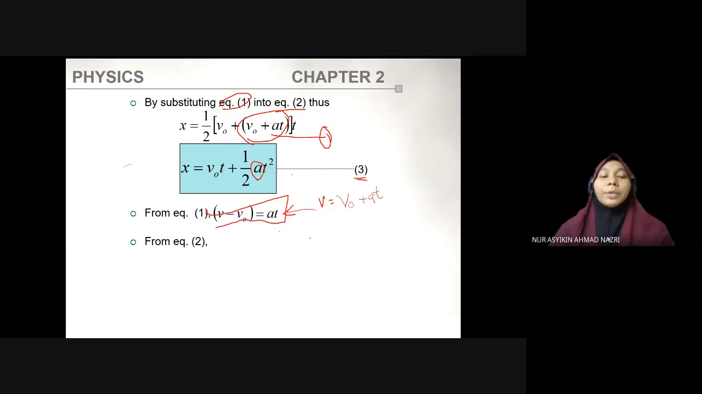So from equation 2, we get this equation. Okay, we rearrange this to equation 2. This one is equation 1, this one is equation 2. Okay. So it is rearranged, yes. This one, originally it was